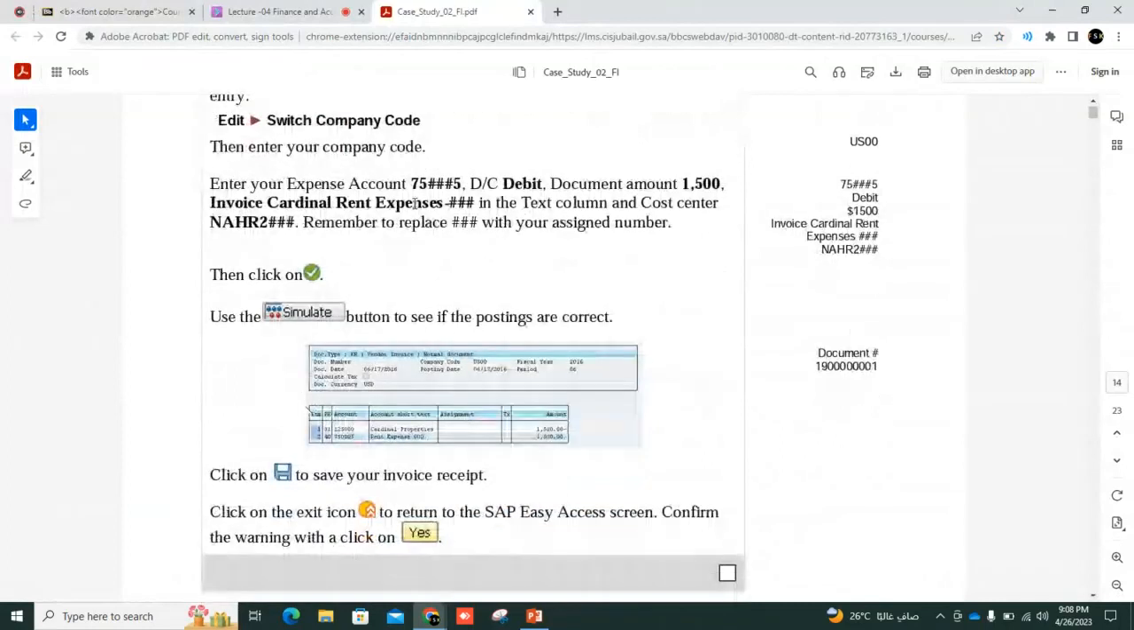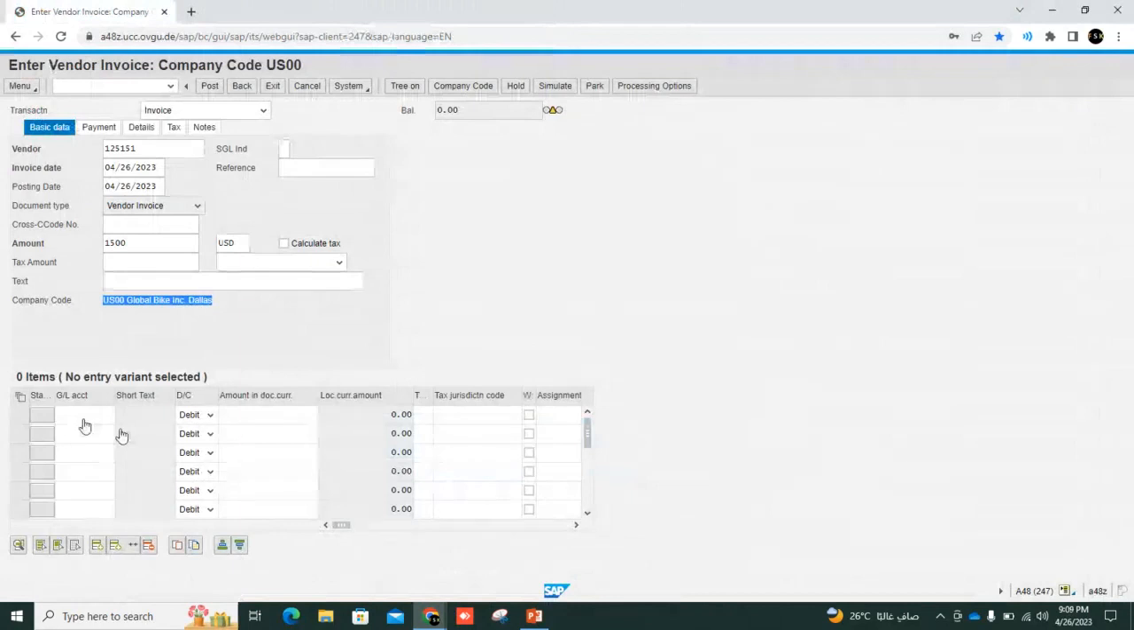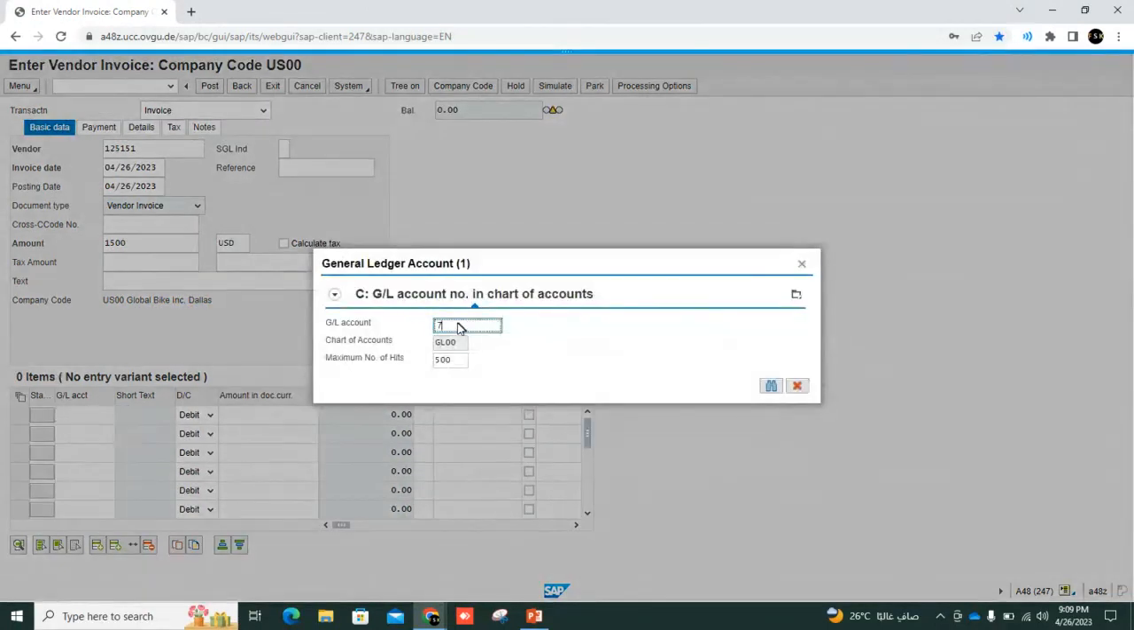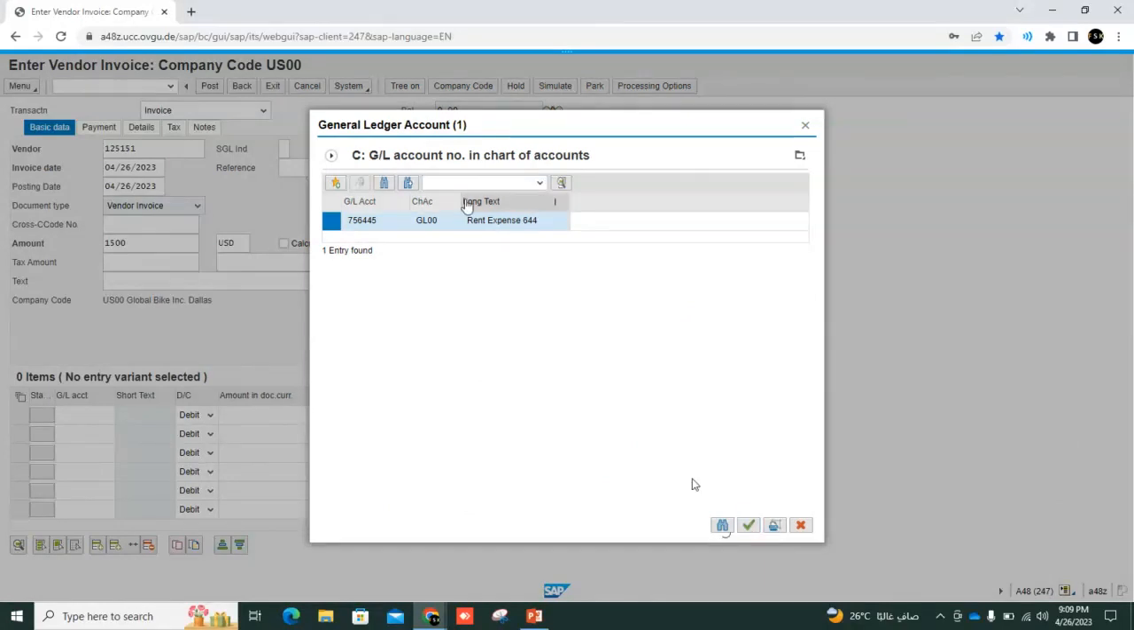So now you enter the expense 75 and okay, then you enter the expense account 75 debit, right? Document 1500 invoice cardinal rent. Okay, so let me copy this. I will copy. This is very important as a text column. So enter expense account is 75. Okay, first thing is 75. Here this expense account 756445. Select this one expense. You see rent expense,